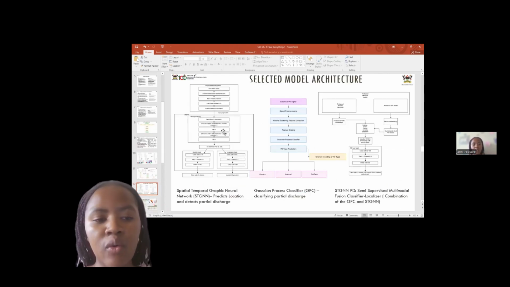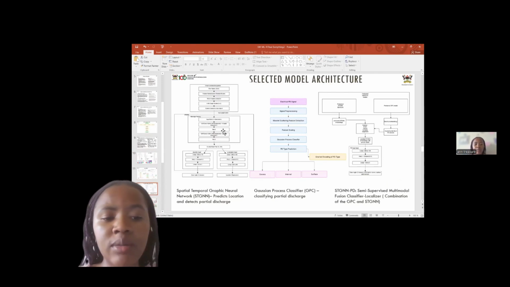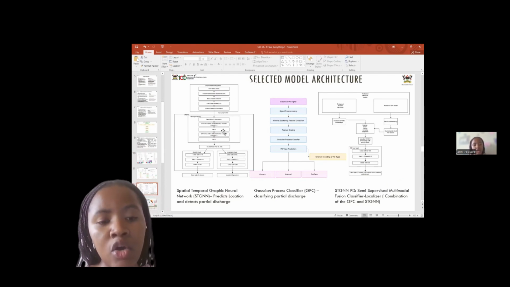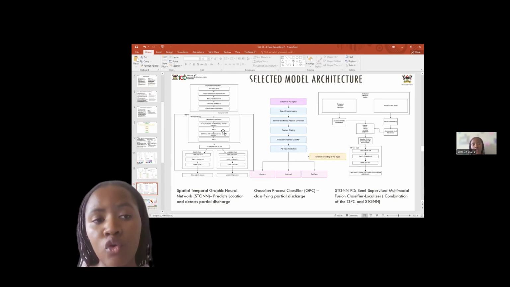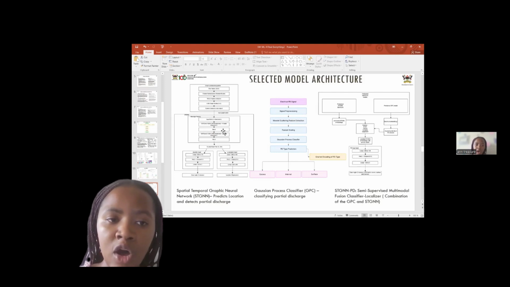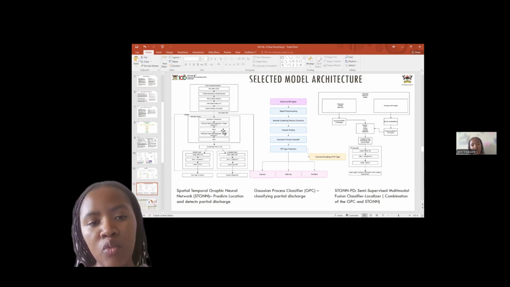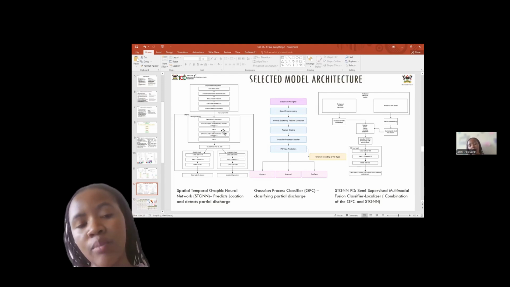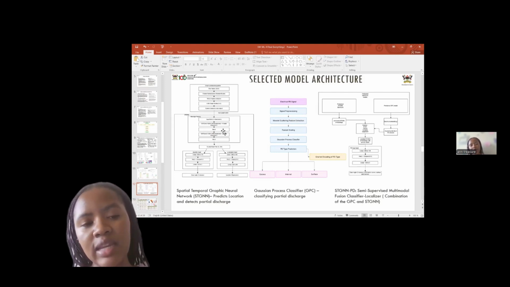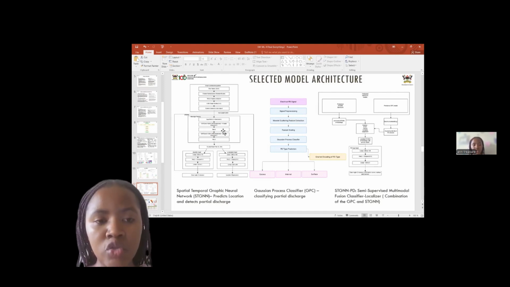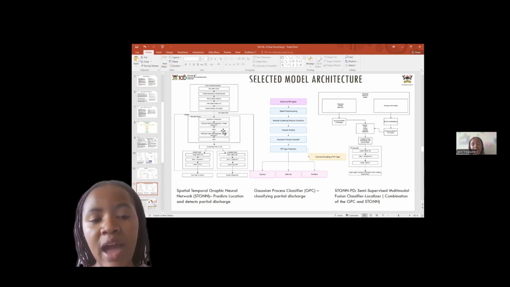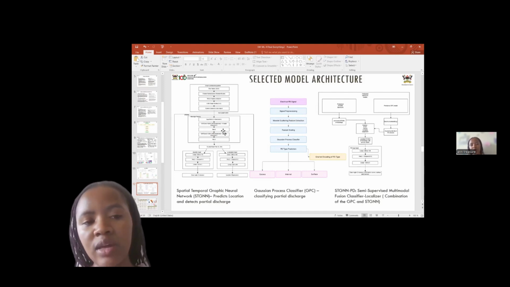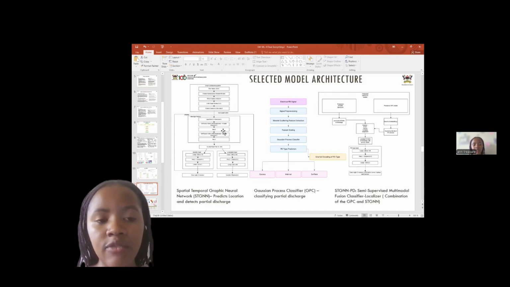So the next model was the spatial temporal graph neural network, the STGNN. What it does mainly is predict location and detect the partial discharge. It uses a graph neural network with message passing, with the nodes being the 32 nodes that represented the 32 microphones that were used in detecting these acoustic sounds or signals. So this information was passed through the attention heads, and we used the message passing in order to learn different information